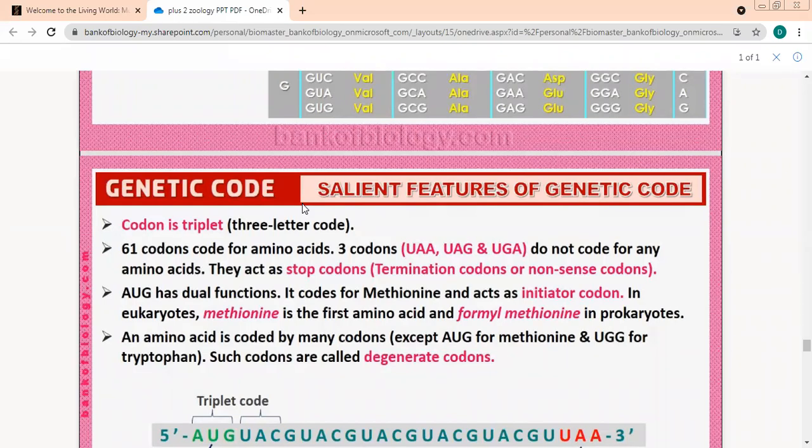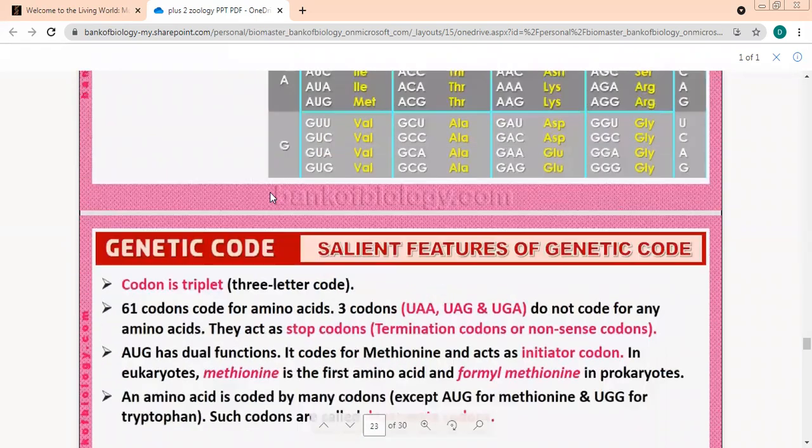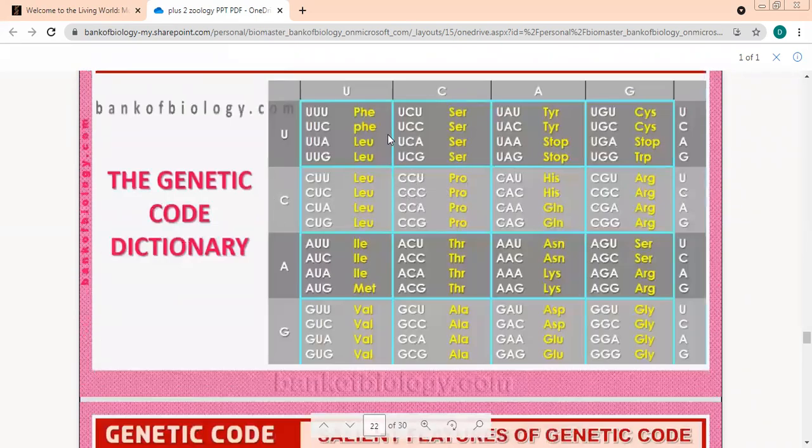Yes, it's simple. When you have any combination with CU, there is no confusion. You can simply name it leucine. Any combination with CU will go like this. So we are starting with A, with U. With AU, all others will go with isoleucine.